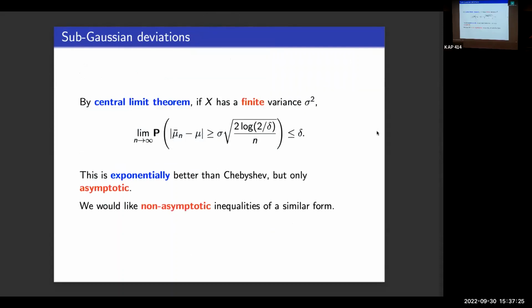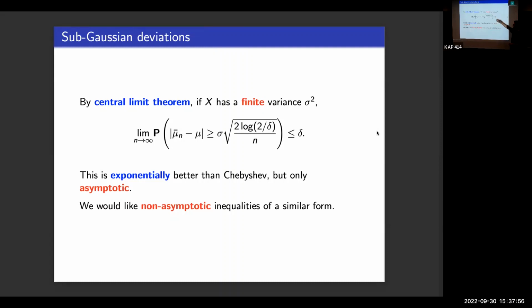So again, we know that asymptotically, under two moments, the CLT tells you that as n grows, you can actually achieve this. Because your empirical mean has a universal behavior: if you renormalize it properly, it behaves as a Gaussian. So asymptotically this is true. You get a very tiny confidence interval. And now the whole point is, can we prove something similar for fixed n? Can we give a non-asymptotic version of this?